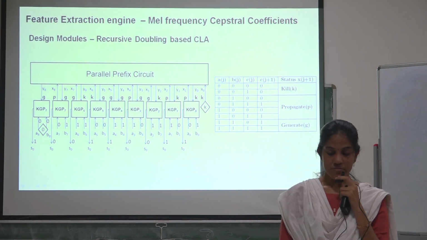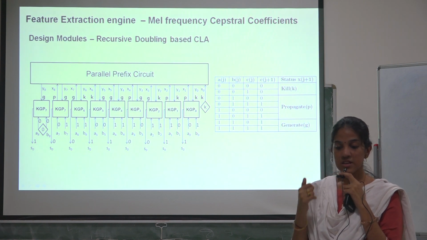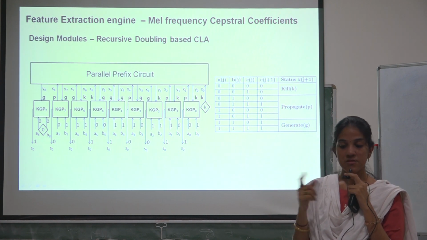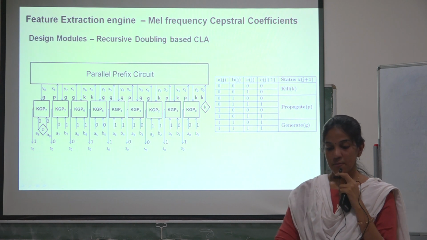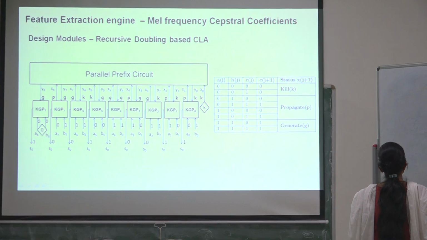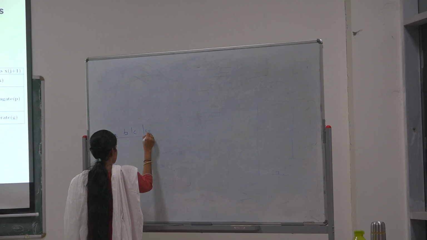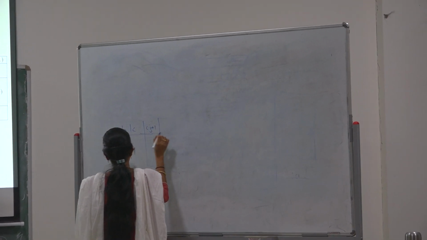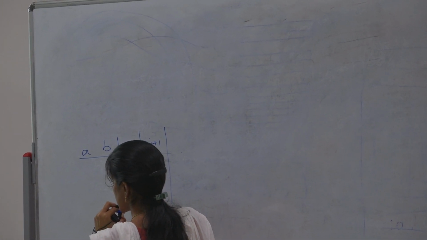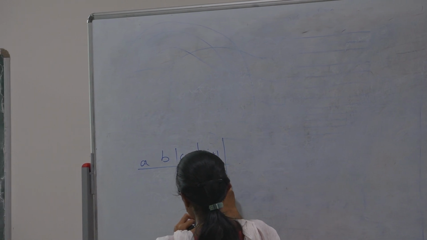So here, the table shows the status kill, propagate, and generate. If the present state signal is either 0 or 1, present state carry is 0 or 1, but the carry to the next stage is 0, it is